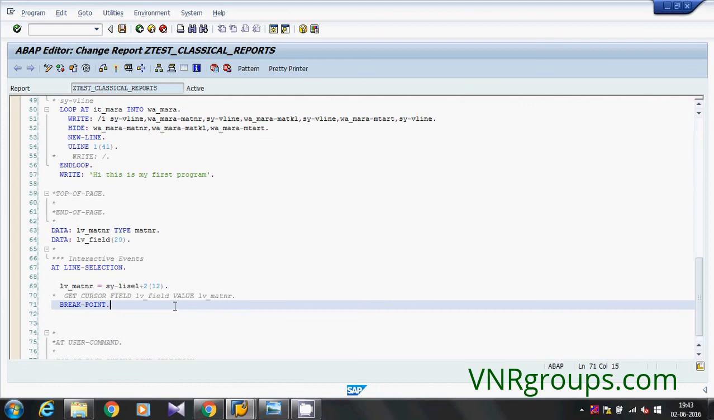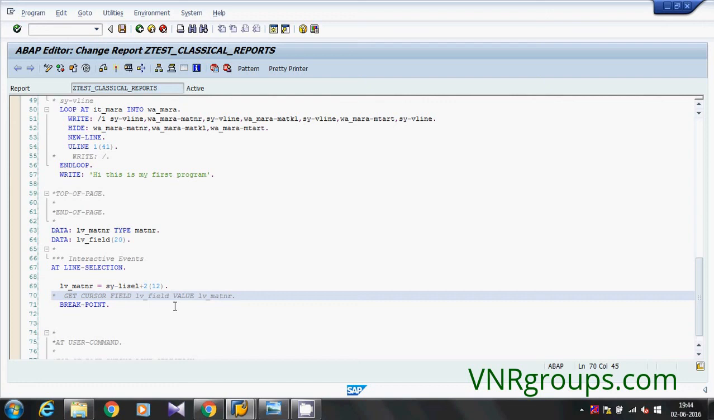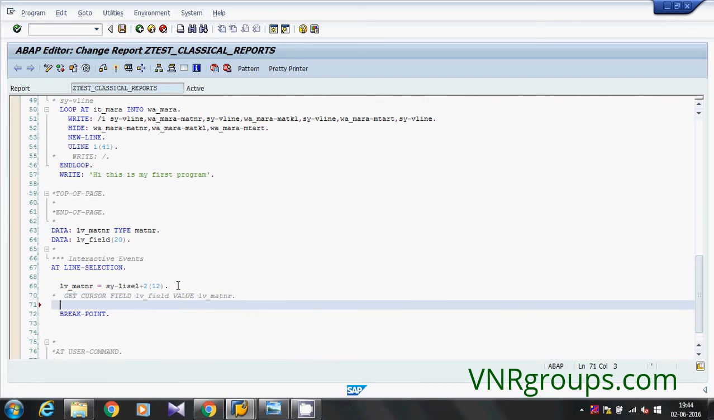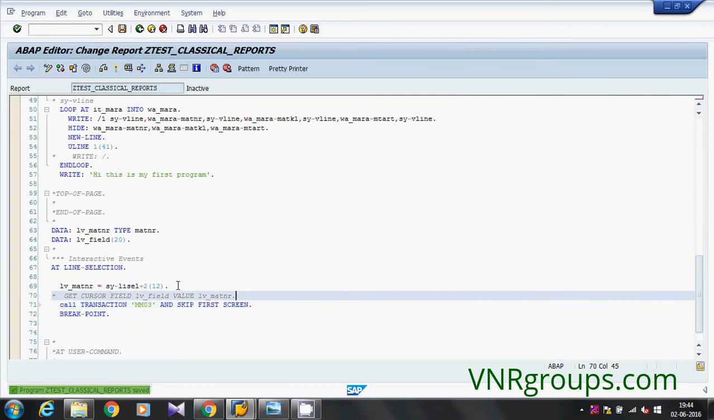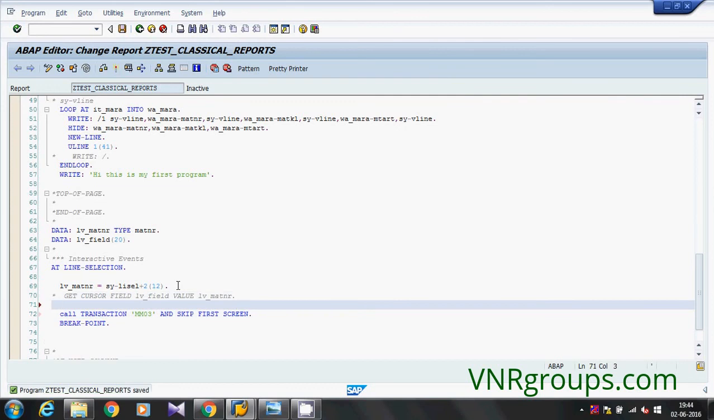Like, suppose I am calling transaction MM03, skip and skip first screen. So first of all, I need to set some value to the transaction. This is a sample basic syntax. Set